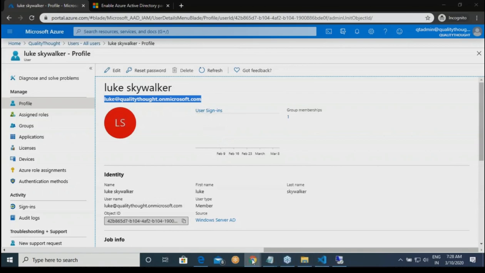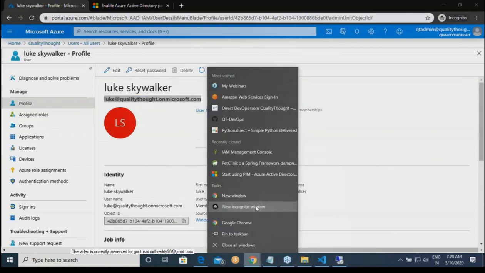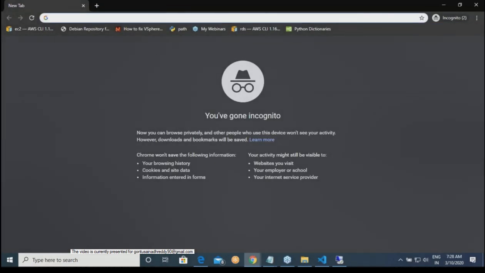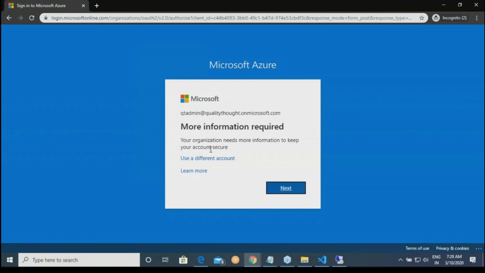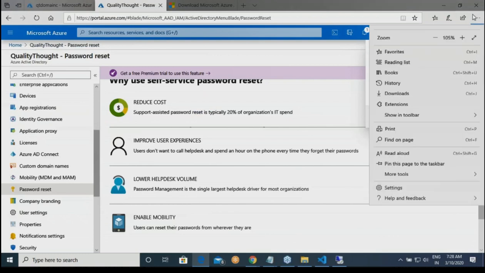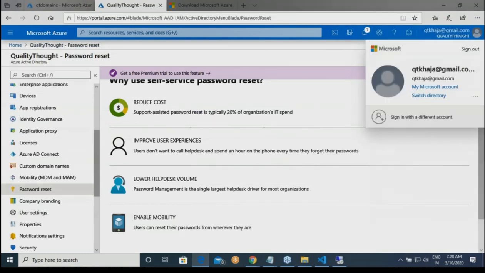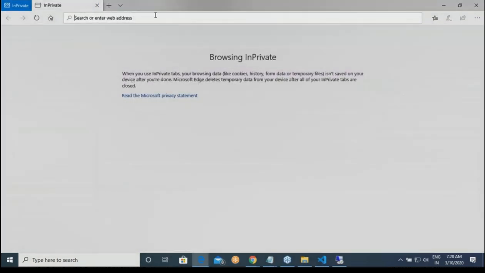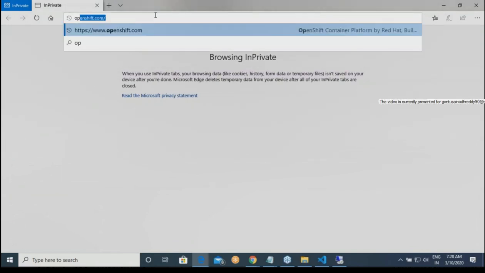I'll open a private window, so that the cookies are not shared.